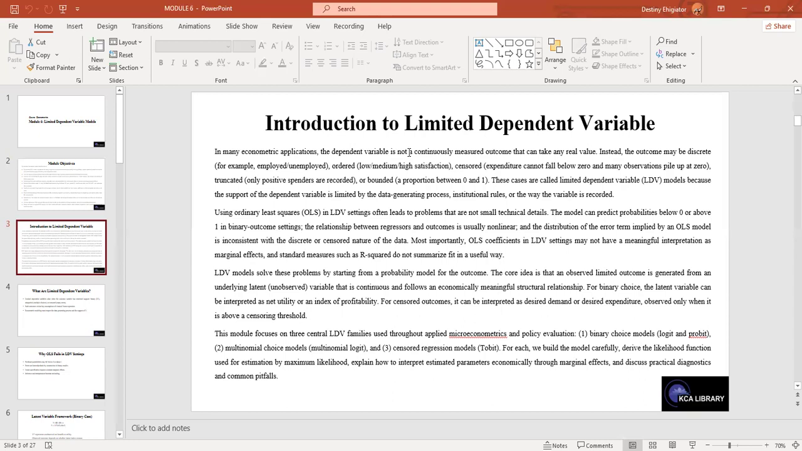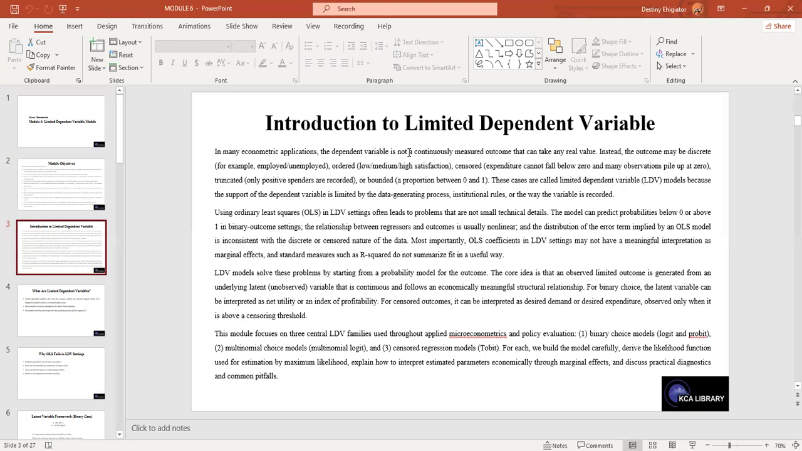LDV models solve these problems by starting from probability models for the outcomes. The core idea is that the observed limited outcome is generated from an underlying latent, that is unobserved, variable that is continuous and follows an economically meaningful structural relationship. For binary choice, the latent variable can be interpreted as net utility or an index of profitability. For censored outcomes, it can be interpreted as desired demand or desired expenditure, observed only when it is above a censoring threshold. This module focuses on 3 central LDV families used throughout applied